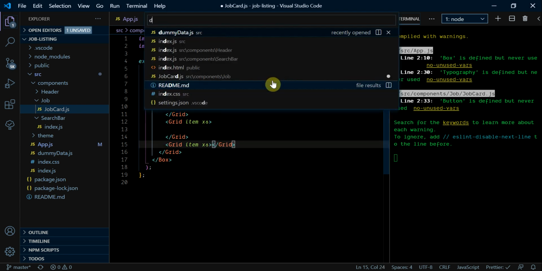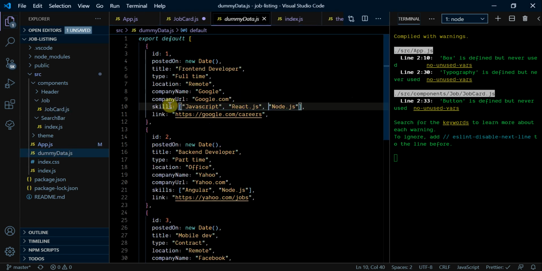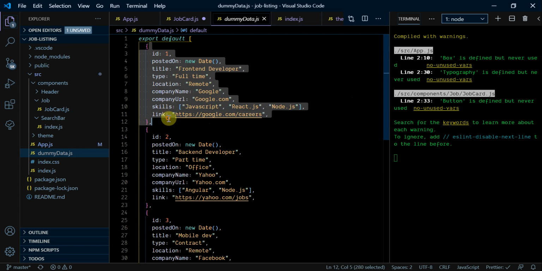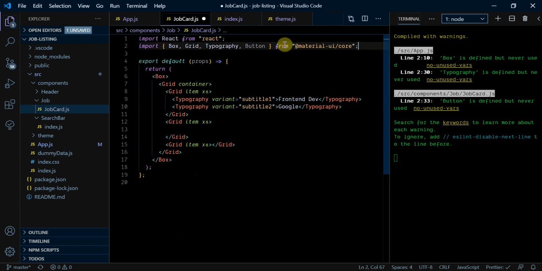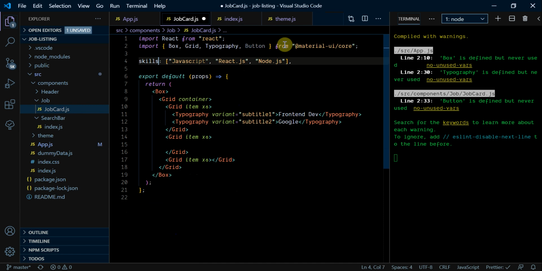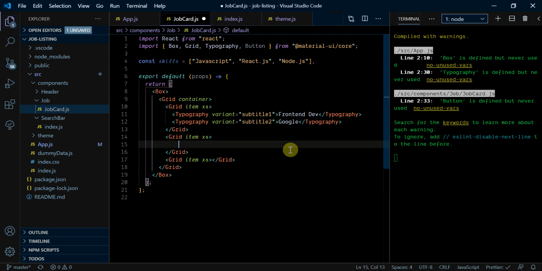And if we check the dummy data that we have, we can see that inside individual jobs we have a skills property which is basically an array, and we are basically mapping over this array to display the skills. So I'm copying and pasting it over here and saving it as a constant. This is just for now to map over it, and we can map on this skills as map skill, and the component that we want to render this in is grid